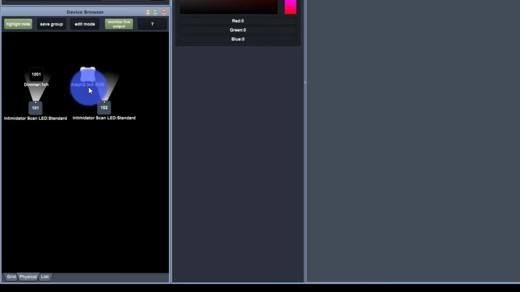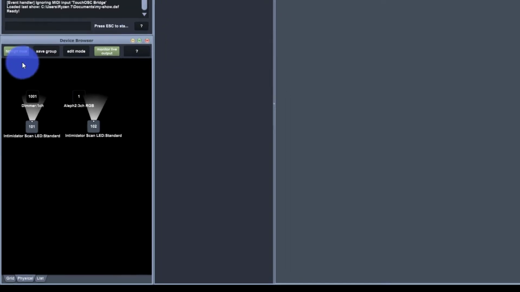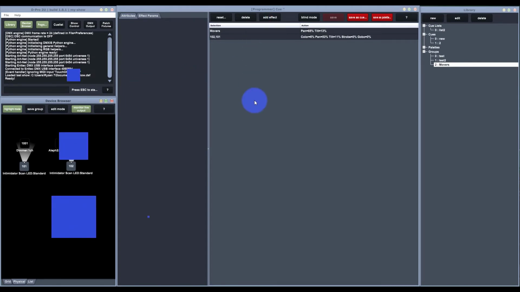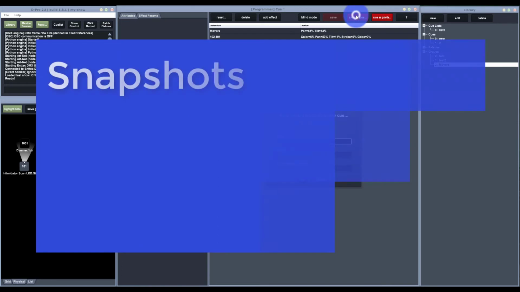Even on this LED, which is a 3-channel, it only has red, green, and blue. It doesn't necessarily have intensity, but it's brought to white on highlight, so I can find it on my stage and work with it. It may seem simple, but at the end of the day, it can save you time during your show. Now, the next thing I wish I knew when I started with D-Pro is snapshots. So let me save this cue,